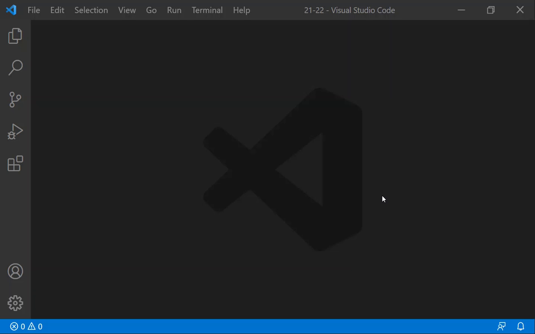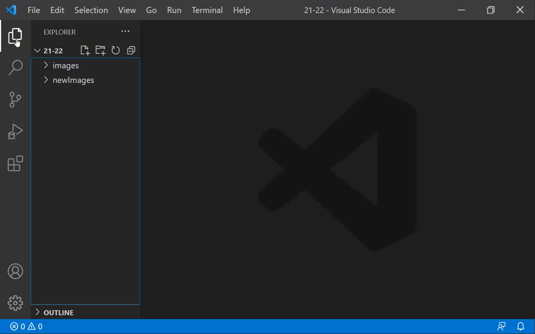Okay, so welcome to our first video lesson here using VS Code and learning HTML. The first thing I'm going to do here is show you how to create a new file. So just click on this File Explorer here. This icon will open up a little side panel, and I'm going to go ahead and click here to create a new file. And I'm going to name this